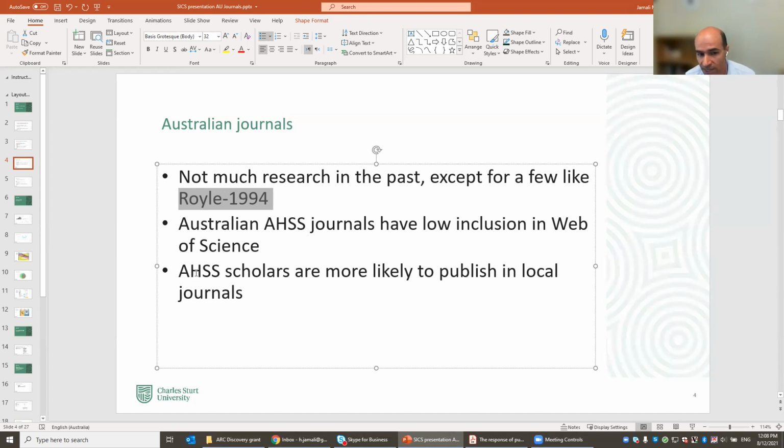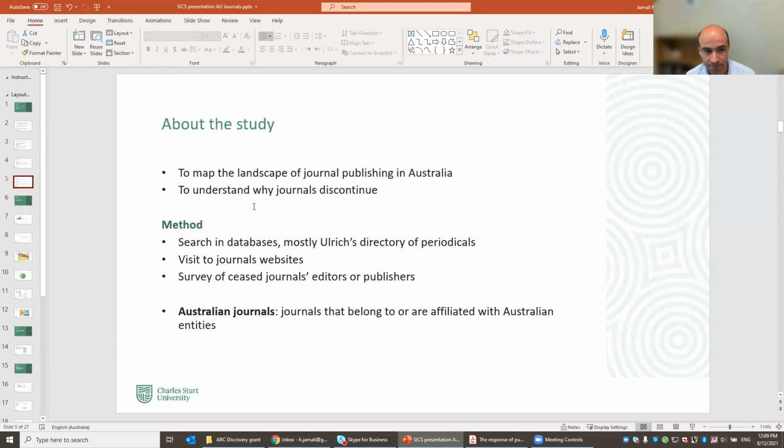Also, arts and humanities and social scientists in Australia and in many other countries, they are more likely to publish in local journals, because probably they think that the topic of their research is more suitable for those outlets, for journals that are local. So what we did for this study,